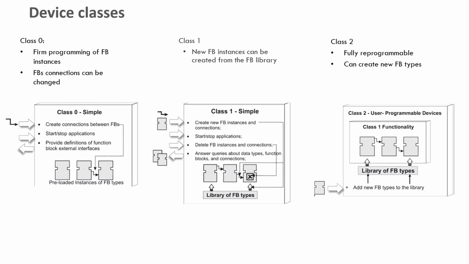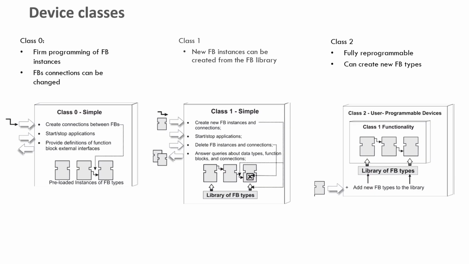The standard defines three classes of devices, from the simplest class 0 to the most complicated and sophisticated class 2. So class 0 device is capable of hosting function block network that is programmed firmly and cannot be changed during the device lifetime, but connections between function blocks can be created or deleted from the engineering tool. So this class of devices is intended to be applied to very basic resource constrained